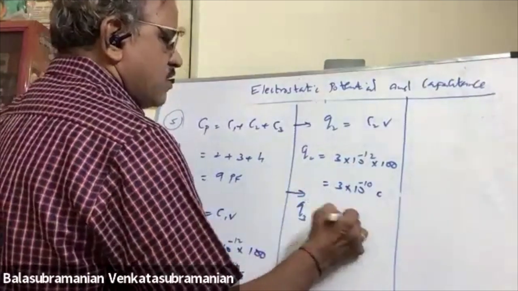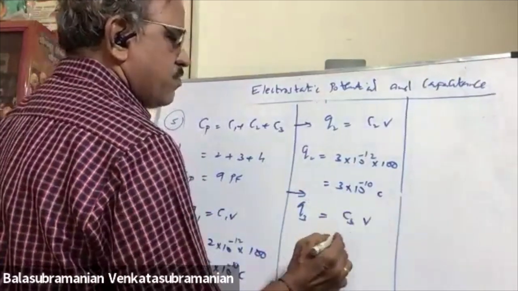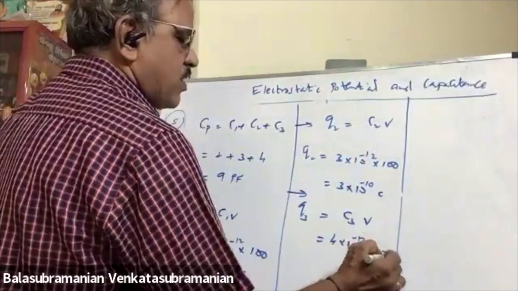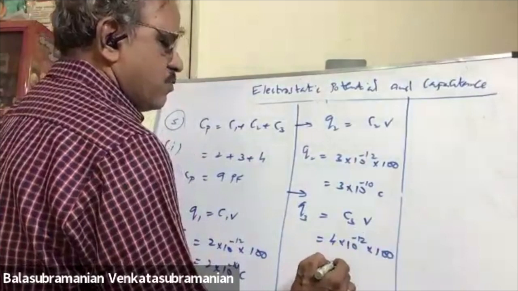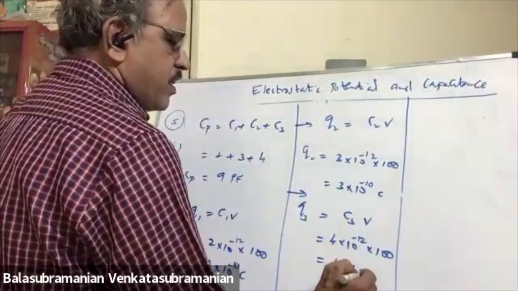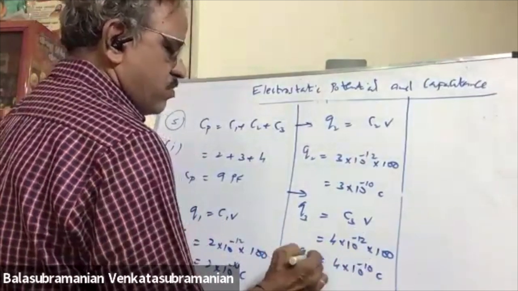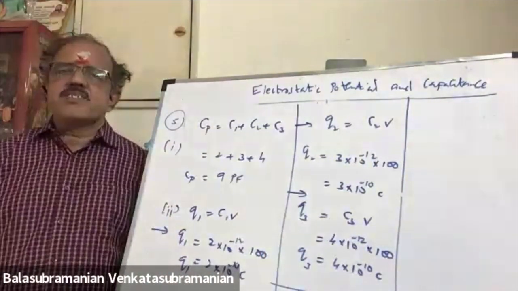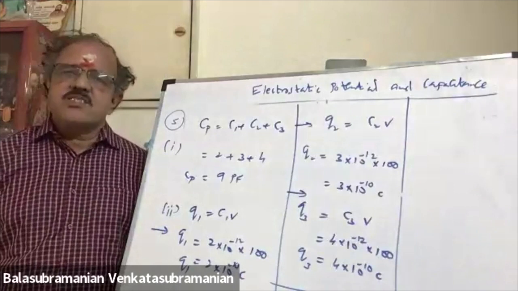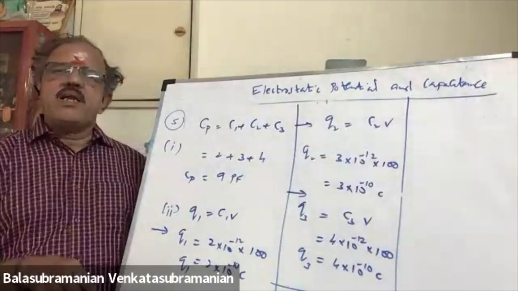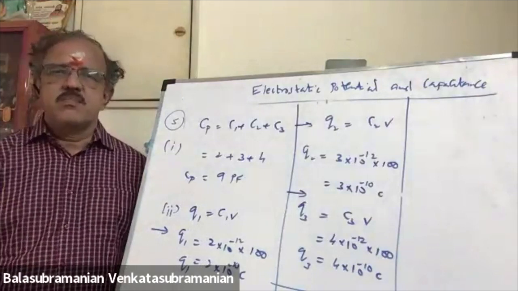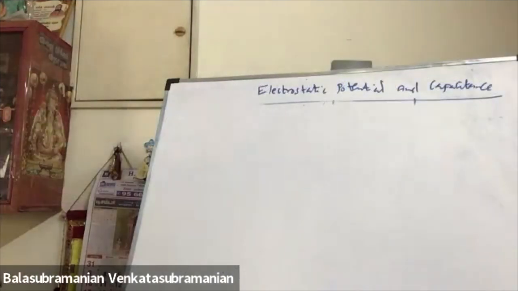Third one, C3V. 4 into 10 power minus 12 into 100. That is 4 into 10 power minus 10. So in series combination, charge is same. In parallel combination, potential is same. Basic one. Next,